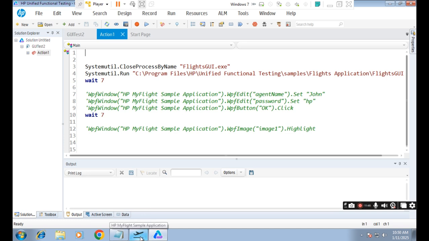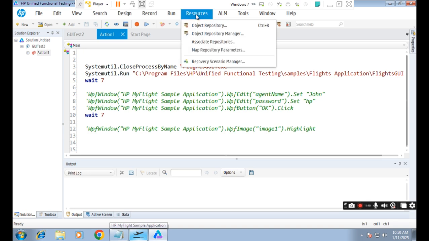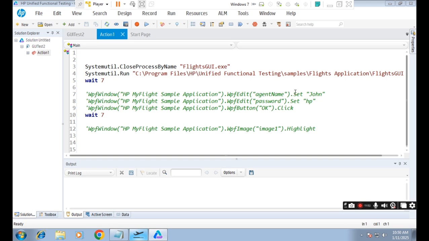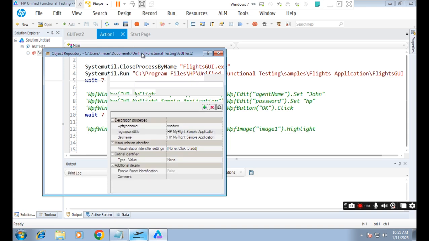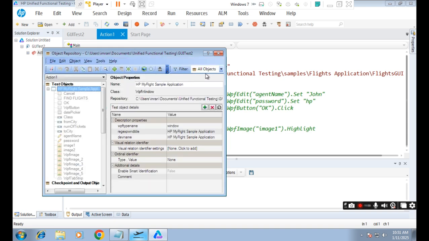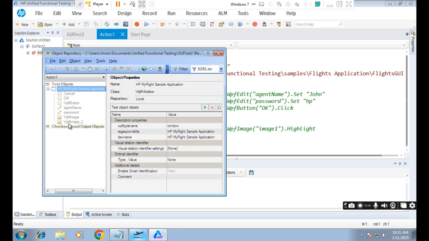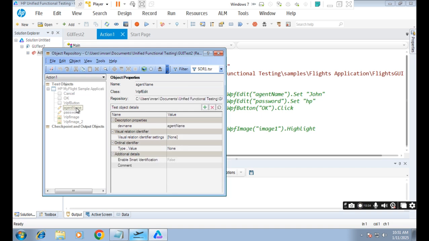Now I will open the object repository again. I can see these are the objects that are associated. If I click here in the list, I can see I have two shared object repositories and one local object repository. The local object repository doesn't have any object. In shared object repository 1, these are the objects. If I select this object, agent name, and click Highlight in Application,